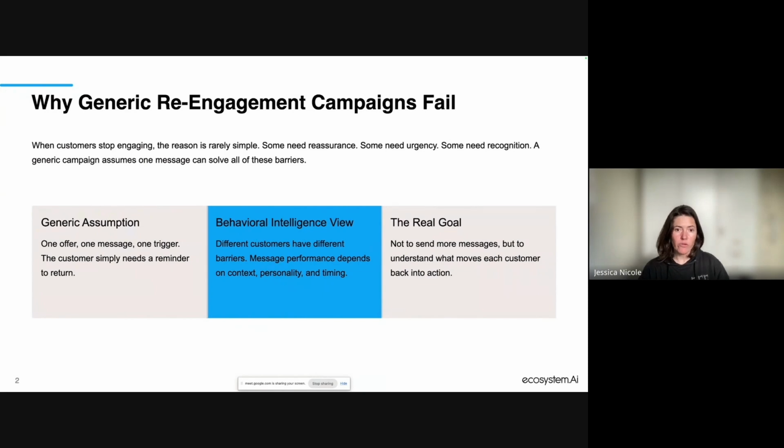So what you do is you find a kind of middle ground between this generic approach and the intelligent approach, where you have a few different messages that then try to permeate into that one person's space.